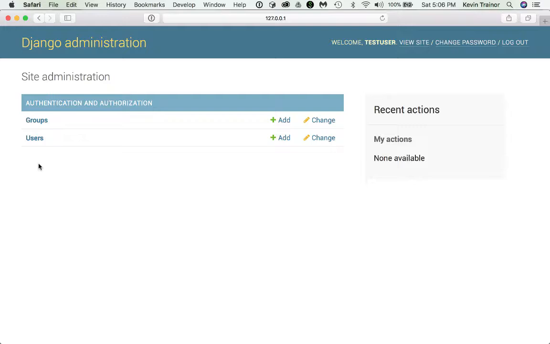What we'd like to see is that the course info app has these tables associated with them that we can